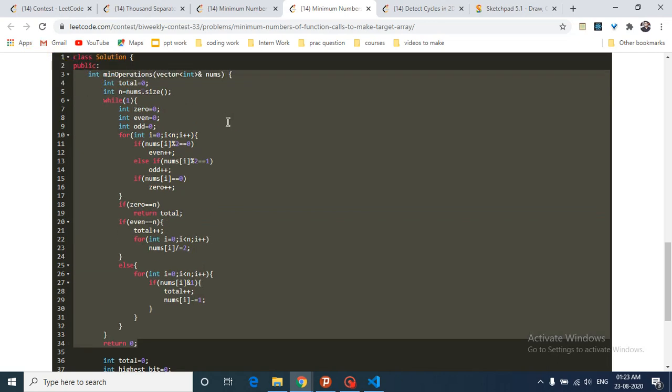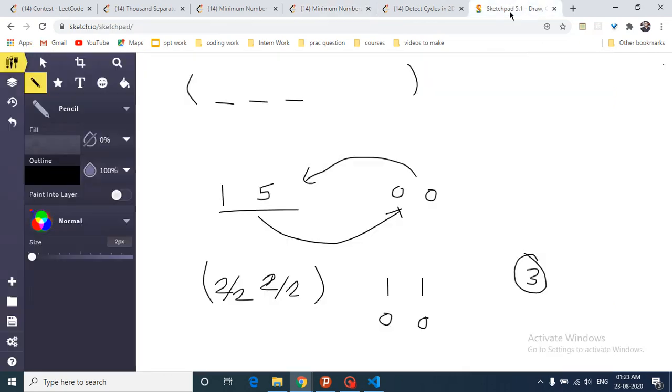But there is a very tricky and very nice way you can observe this question. Let's assume that every number is 0, 0 initially, and see it in bit manipulation form. Now I have two operations: I can add 1 to any number, or I can multiply the whole array by 2. Let's assume that I add 1 to this number and this number.